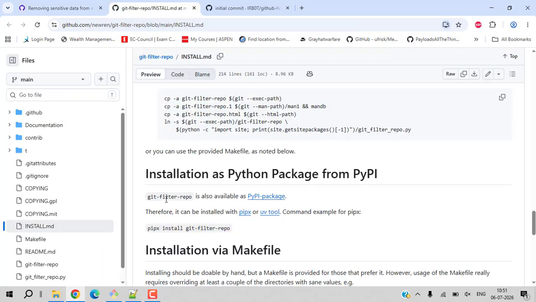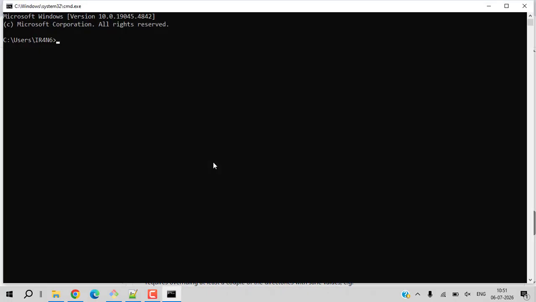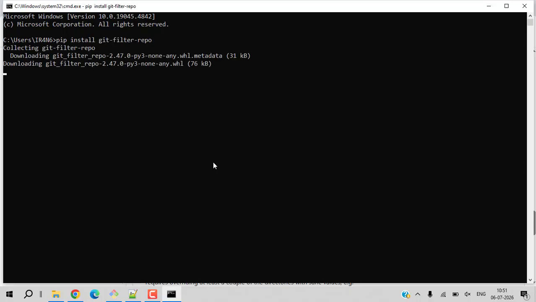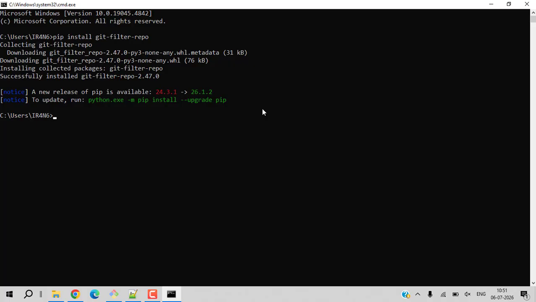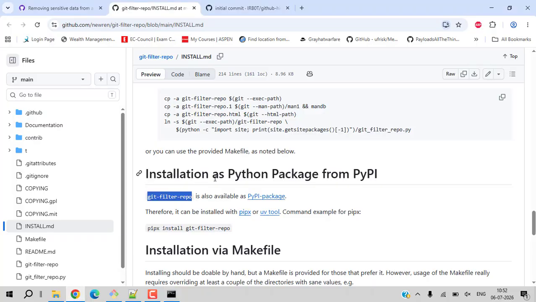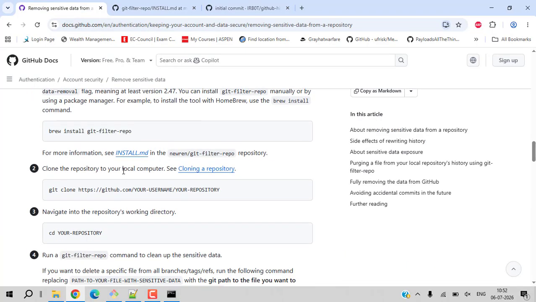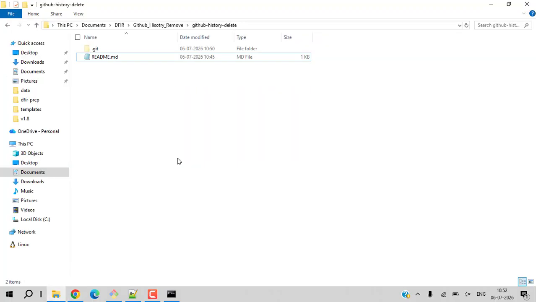You can install it with a simple pip install command. Once it's installed, the steps are very easy. First, create a new folder.